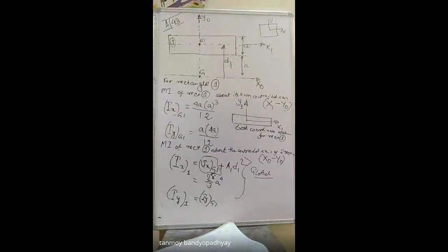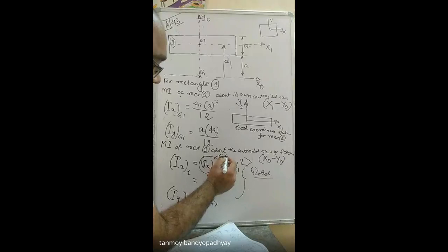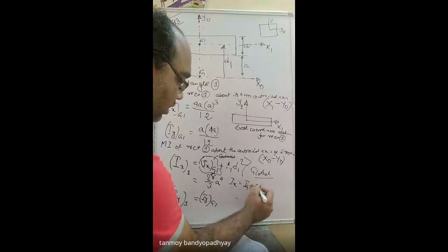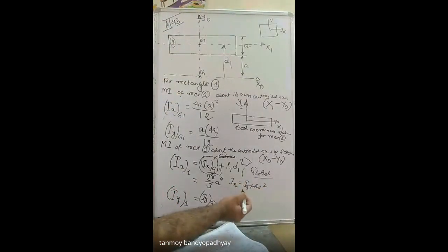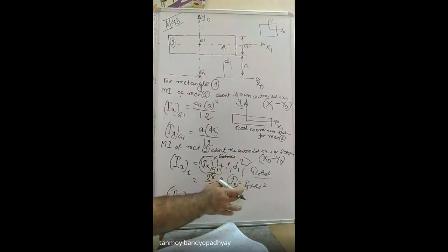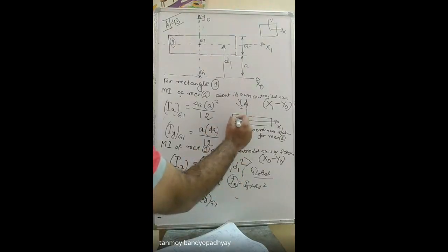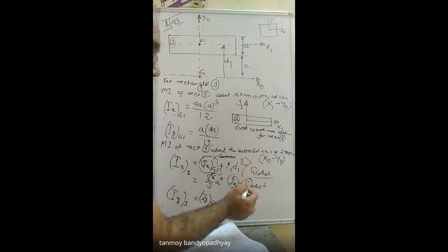Sir, when you are going for the centroidal axis of the rectangle, meaning the original rectangle, yeah, always you have to keep in mind, just check whether the centroidal contribution you have put here. So this one is the centroidal contribution. So only to avoid this mistake, I write the formula like this. So Ix is equal to Ig plus AD square. Always mention this as Ig, because this Ig is arbitrary. This can be any axis system, deviant from the centroidal axis of the element. Okay? In this case, the element we are considering is a rectangle only. So the centroidal moment of inertia for this rectangle, that has to be put on this side.